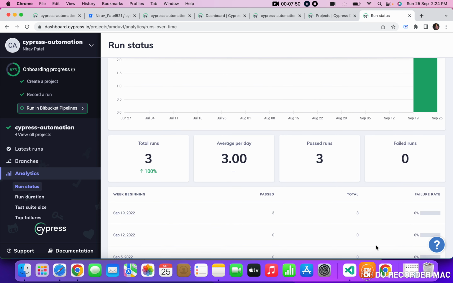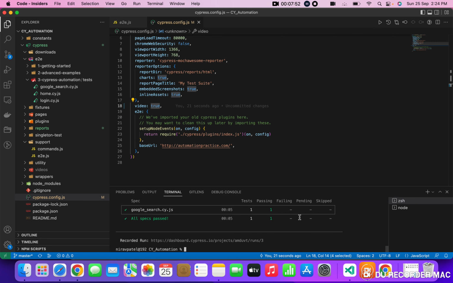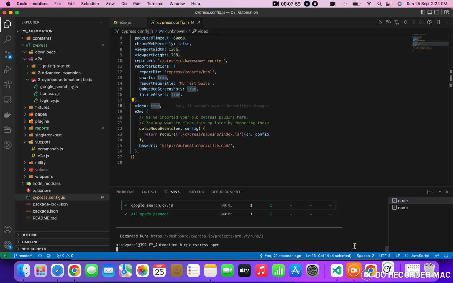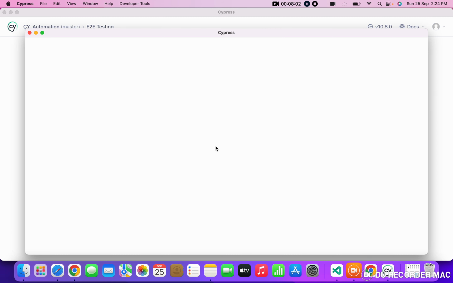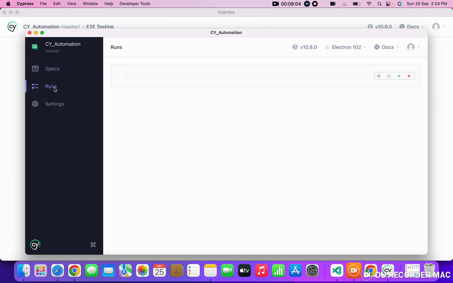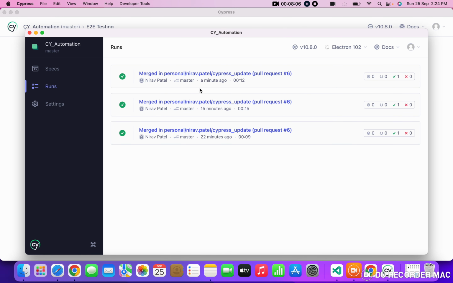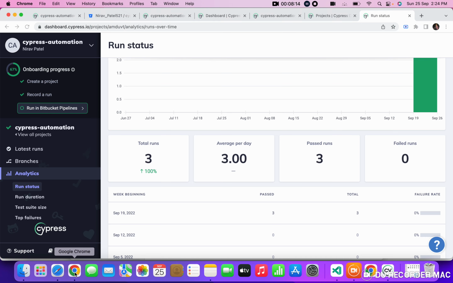So on the dashboard page, or you can, let me open that with npx cypress open. Once we open this, it also has all the executions. We can see here, once we get inside the run, we have 3 executions and all passed. Once we click here, we'll be redirected to this page.